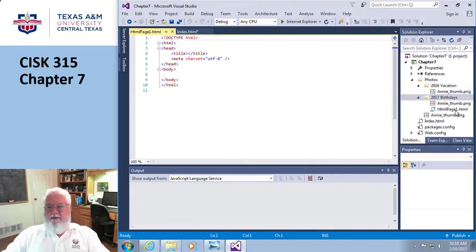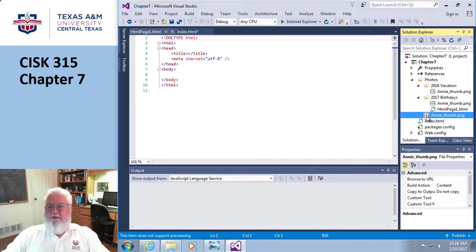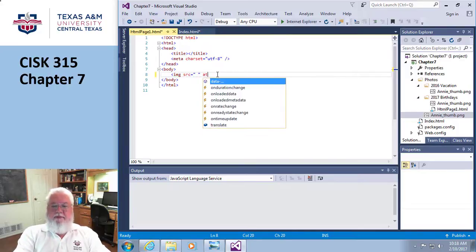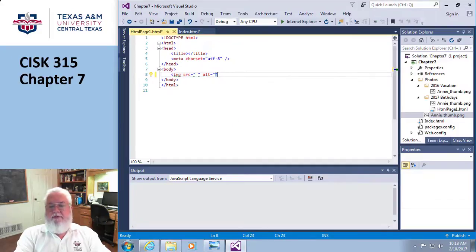So now I'm down here, and I want to get to this image here. So in other words, it's not in the location yet. It's actually up and over one. So how in the world would I do that? Well, you do it like this. So it's image, and then same thing again, source. And I'm going to do the alt tag while I'm thinking about it. So alt,